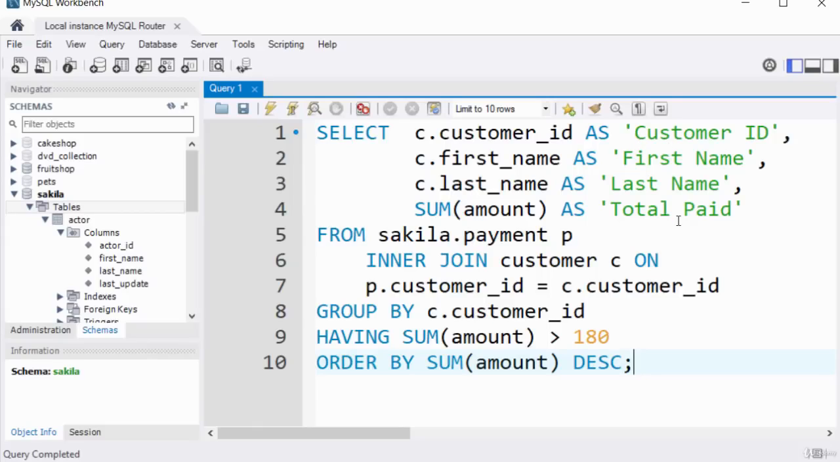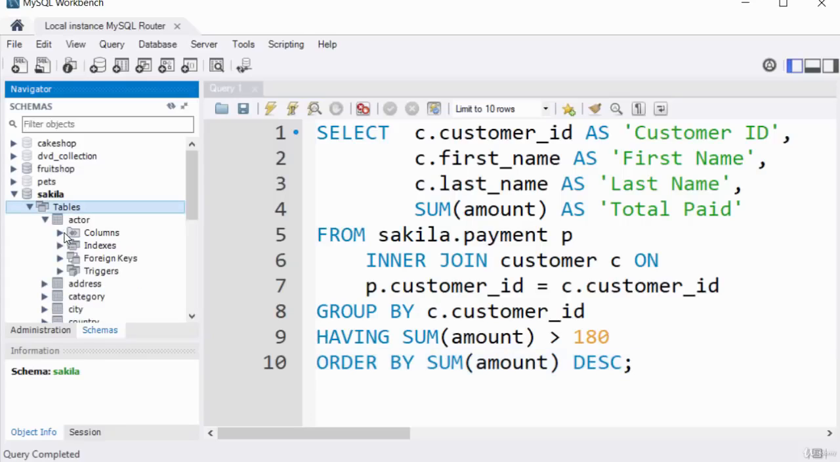We're basically selecting all these columns. We're selecting the customer underscore ID. We're using an alias here where you see AS, that means alias. So giving it an alias customer ID. This is alias first name, alias last name, total, and we're applying a sum aggregate function here as well. From Sakila, this is a schema, and the column that we are working on